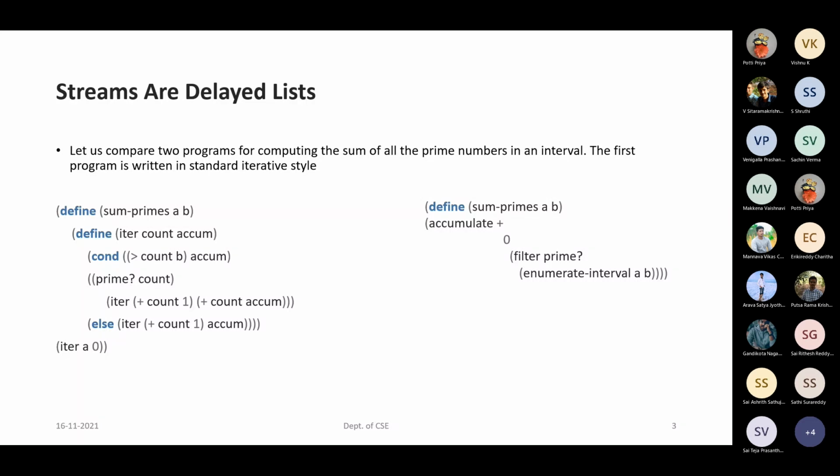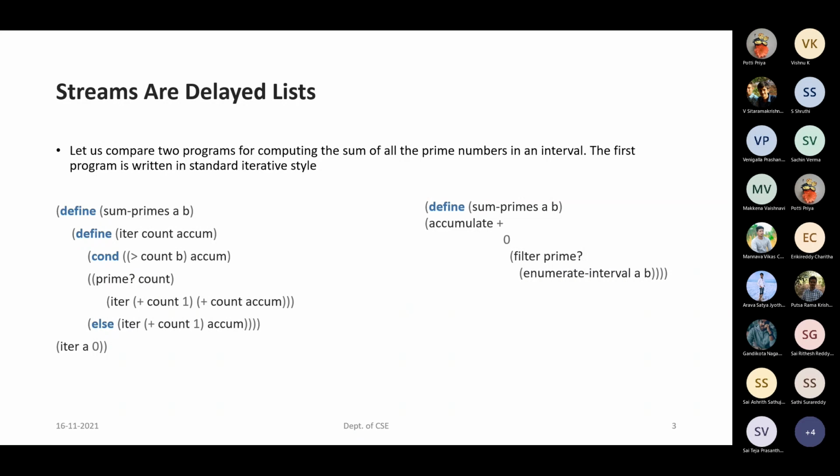All of us know how the calculation will be done. We have the condition verifying whether the count has crossed the higher range, that is, the B value. If it has crossed, then we return the accumulate part. If not, we check whether the value we have is a prime number or not.